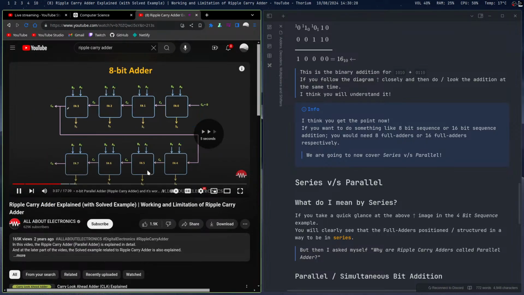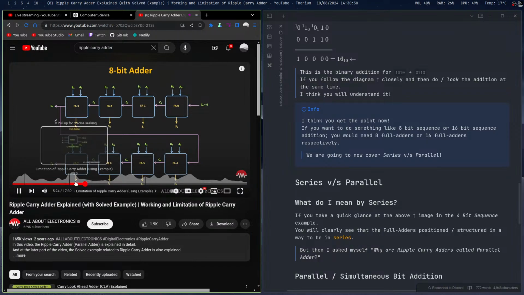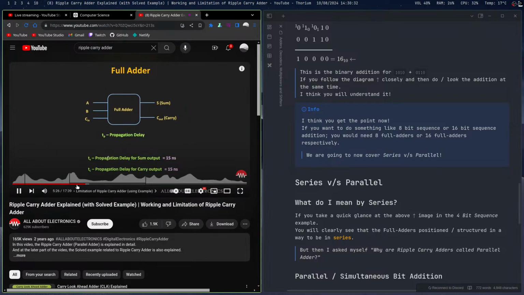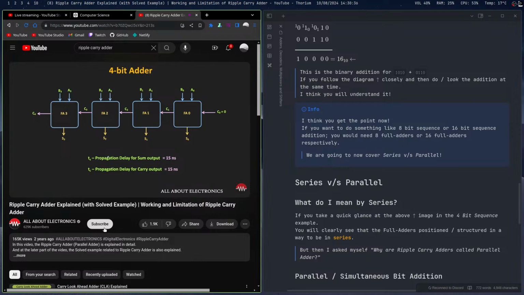We can add the output carry of this one; a valid sum bit and the carry bit will be available. And using 4 such full adders, this 4-bit adder is designed. So considering this, now let us understand the issue or the limitation of this 4-bit adder. Here, although the input bits to all the full adders are applied simultaneously, the availability of each valid carry input depends on the previous stage. For example, these full adders